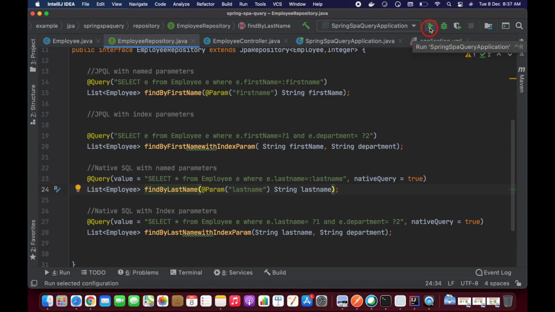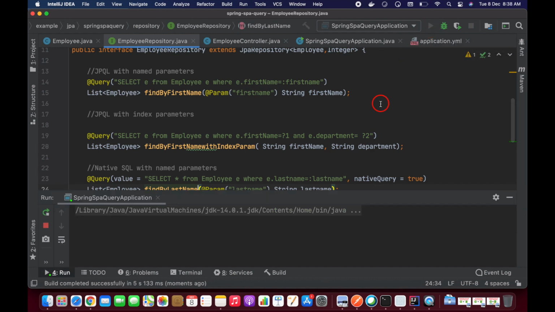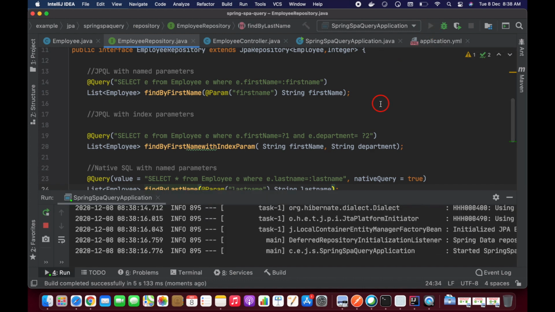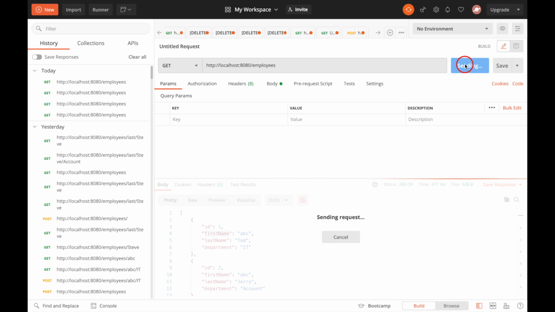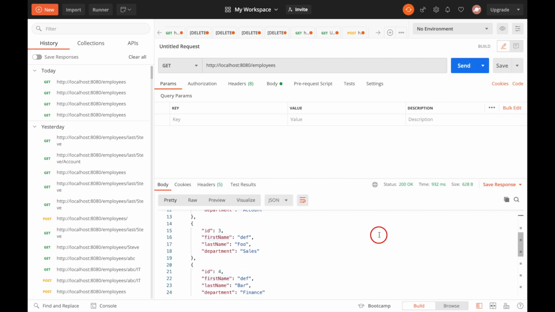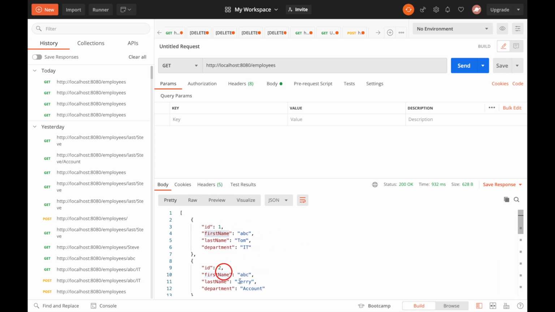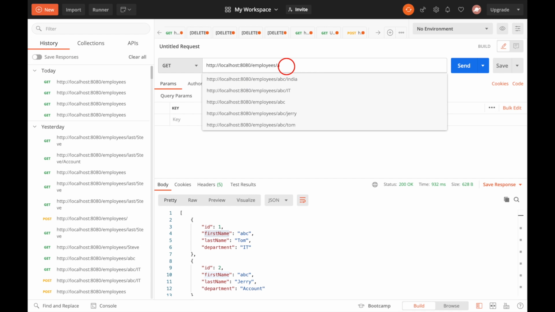Let me start this application, guys. So it started. These are the employees data available in this database. I want to test the first name starting with ABC, the first method.